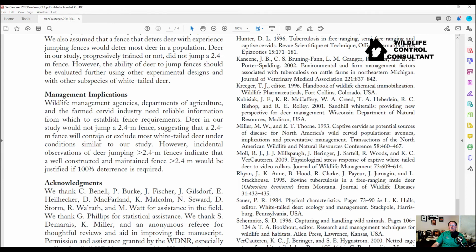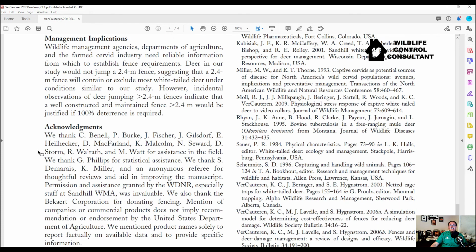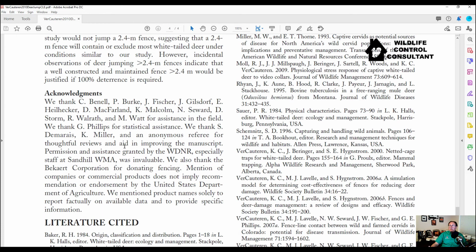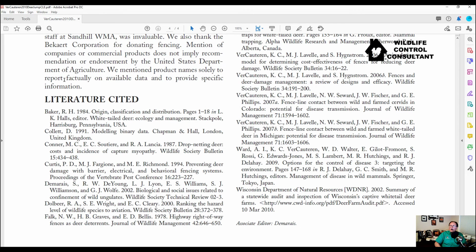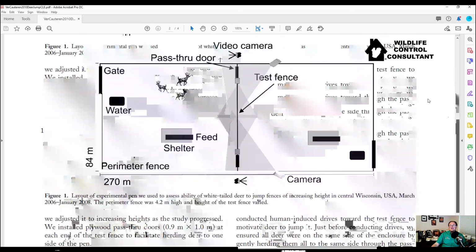That's it. The rest of the publication, now you're going to get into some acknowledgments where they're thanking people who assisted in the project but weren't necessarily big enough assistance to justify being in the authorship. And then they're going to give you the literature cited. The literature cited can be quite helpful if you want to explore additional information on this particular subject on a historical basis. So bottom line for this particular publication is 8-foot fence, good enough. You need 100% security, got to go bigger than 8 feet. And this is the data that justifies that level of a decision.